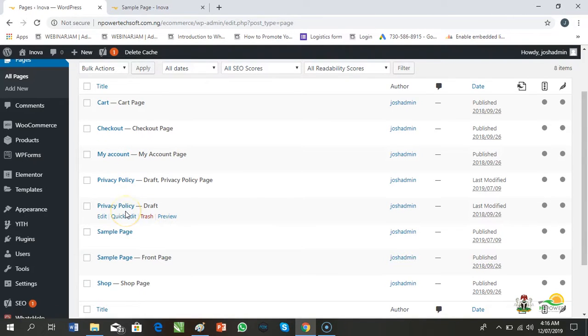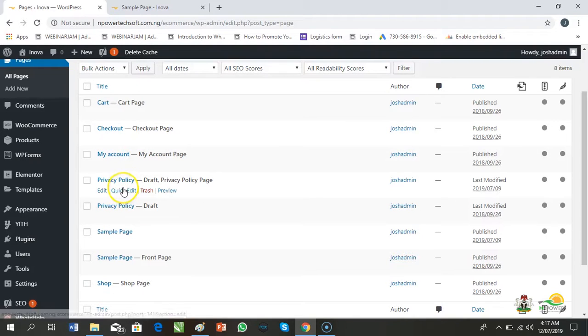While the theme itself had its own pages. Basically what I'm saying is that the theme I installed had its own pages, and there are some pages also that were brought in by WooCommerce, especially this checkout and cart, and privacy policy.